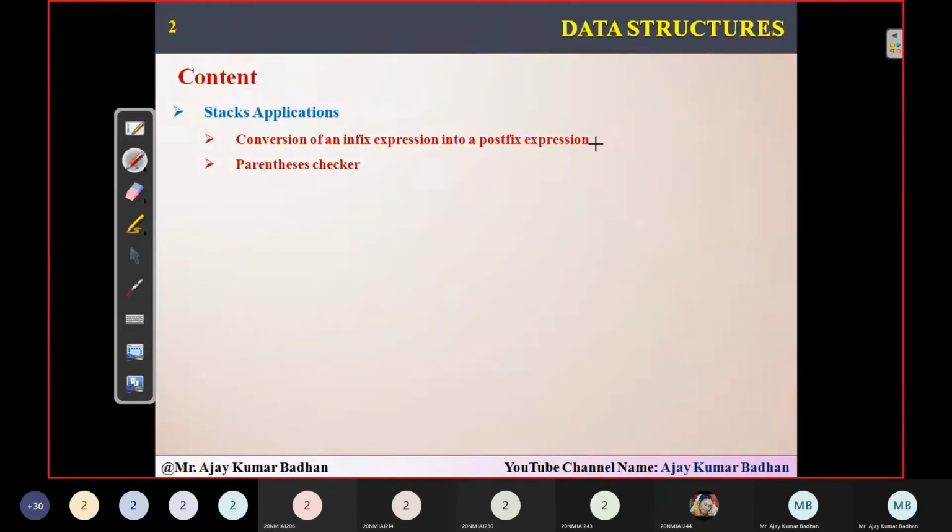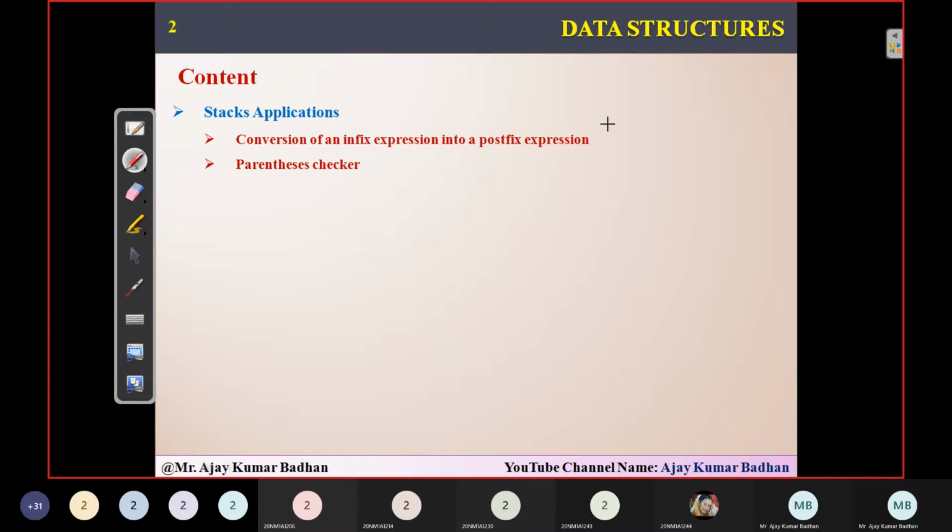If you see here, these are the two things we are going to explain. First one is the parenthesis checker, and then the conversion of an infix expression to a postfix. First, I will discuss the parenthesis checker because it's a small topic. It hardly has two slides, which we can complete easily, and then we will go for the conversion of infix. First I'll give you an introduction to the different types of expressions we can write in mathematics, and based on that, how we can convert them.